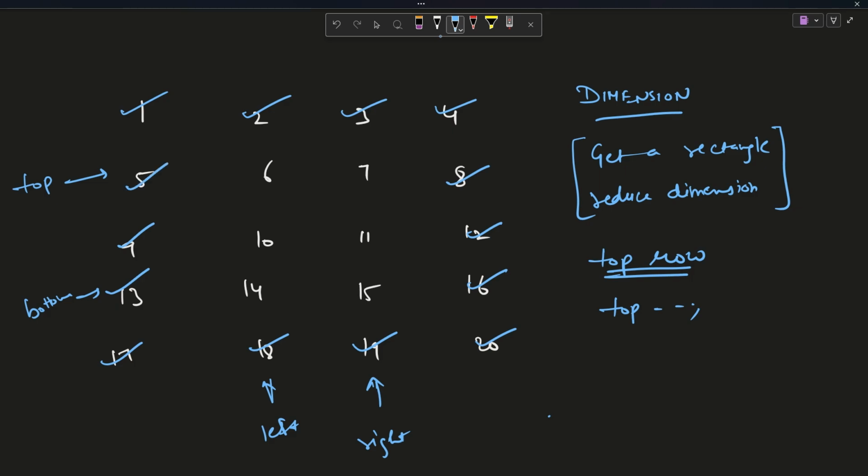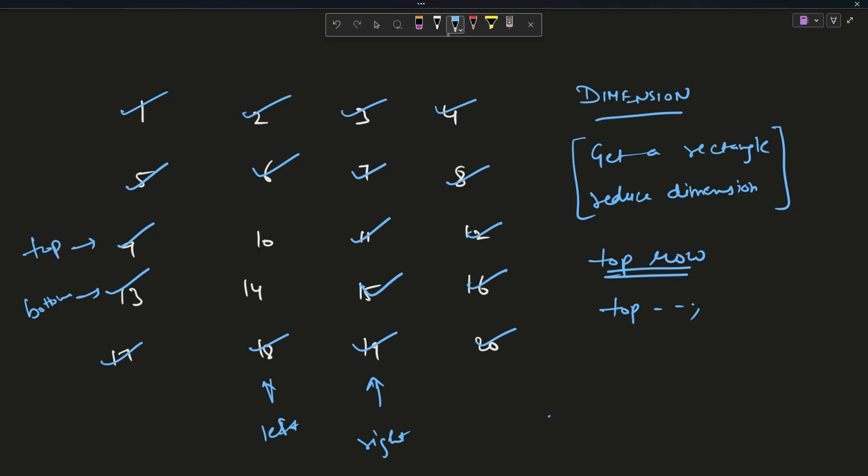Now, for the second iteration, I am telling you when to stop the loop, right? Because when to stop counting the squares, right? Again, this is done, this is done. After this, what will happen? Top will come downwards, right? Okay, then